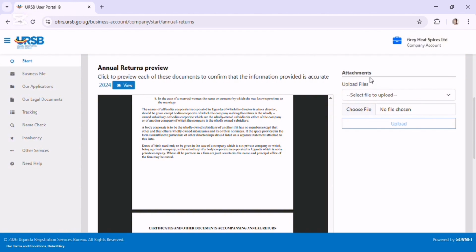And here you use this part to add the evidence or the filed resolution that you added someone or someone bought new shares. So you tap here and upload the files,